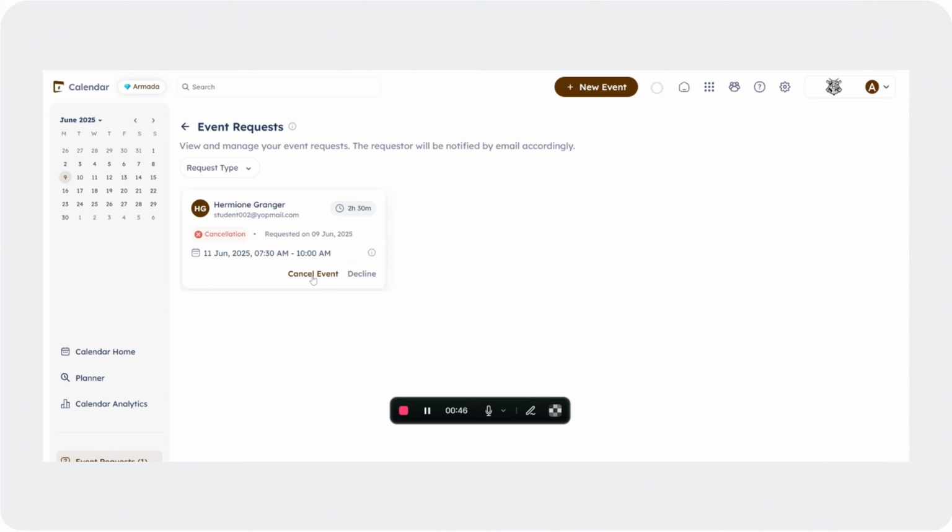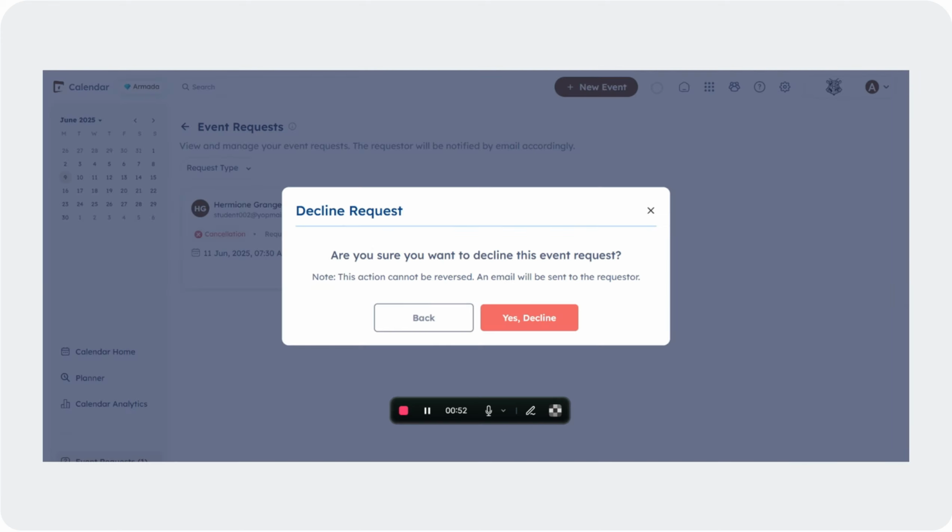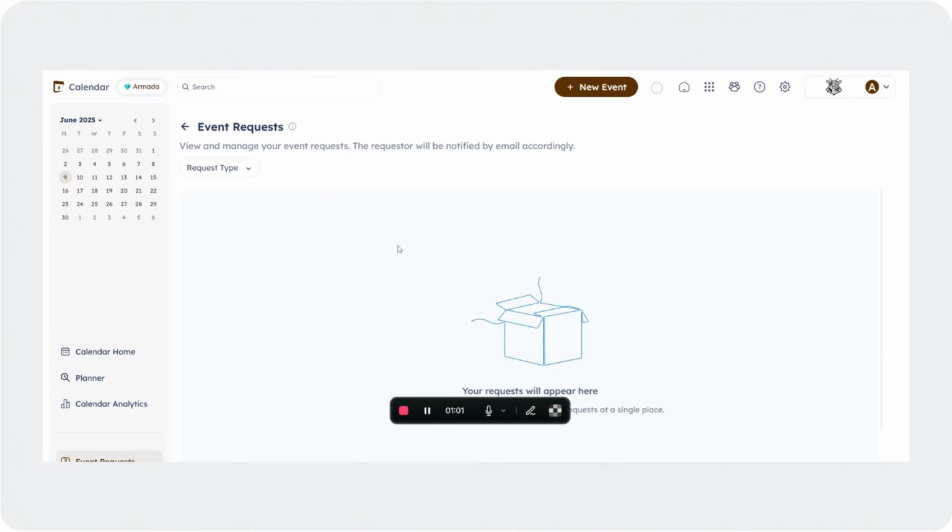So if they click on cancel event, the request would get approved. And suppose they want to decline this request, they'll click on decline. A confirmation modal will get triggered. Here, once the admin clicks on the button for confirming, you can see that the request for cancellation has been